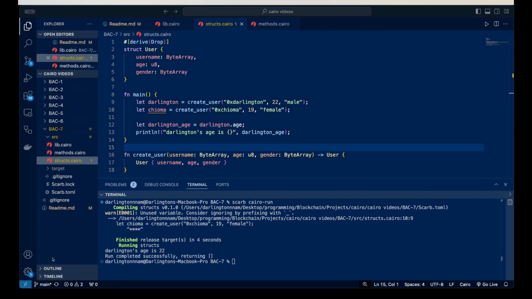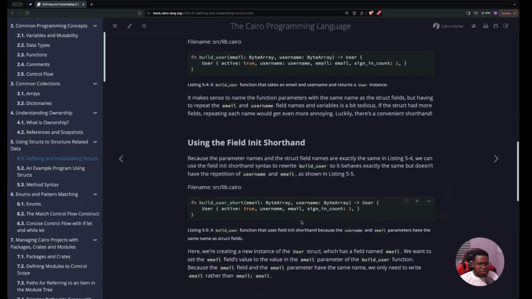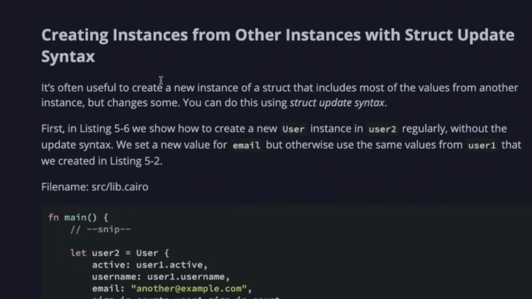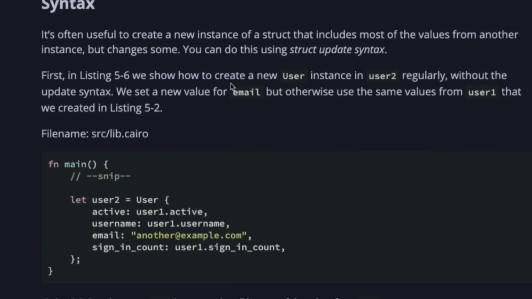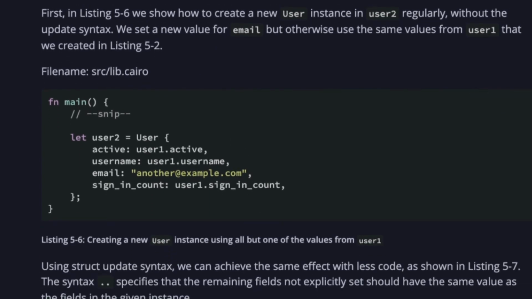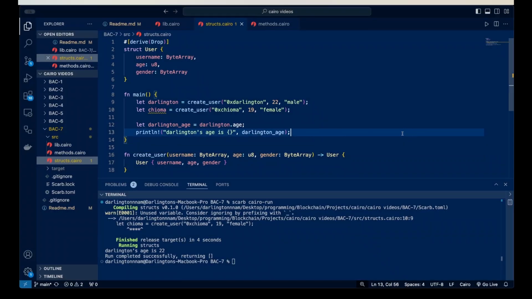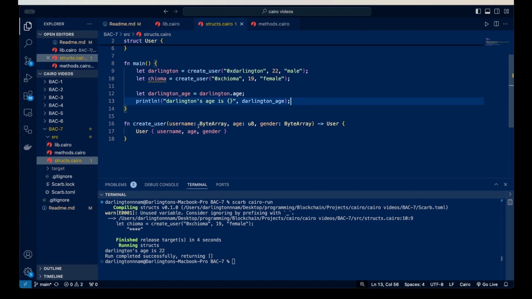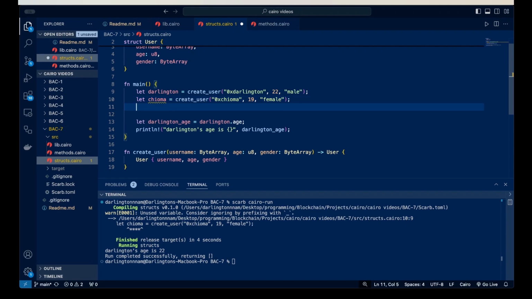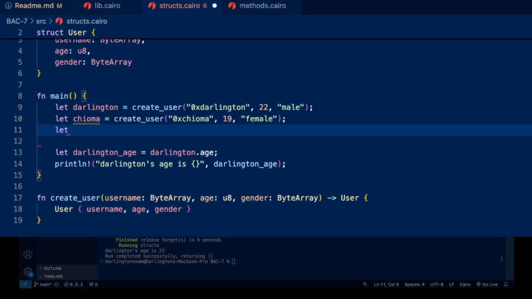Alright, so heading back into our Cairo book, we already looked at how you can use the field init shorthand, creating instances from other instances with struct update syntax. Okay, so heading back into our VS Code, you can actually create a new struct from an existing struct item. So let's say I want to create another new user. In this case, let's call this new user